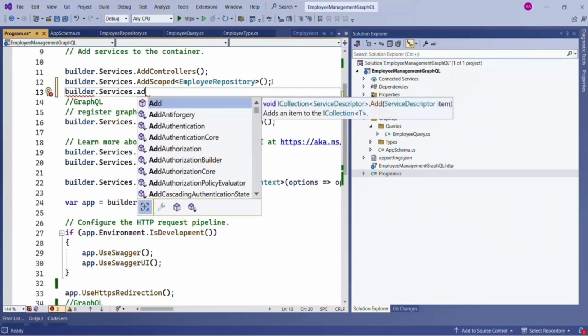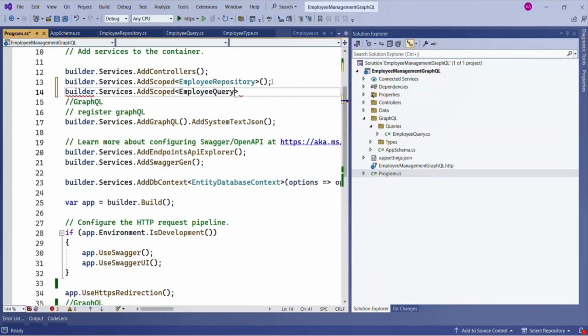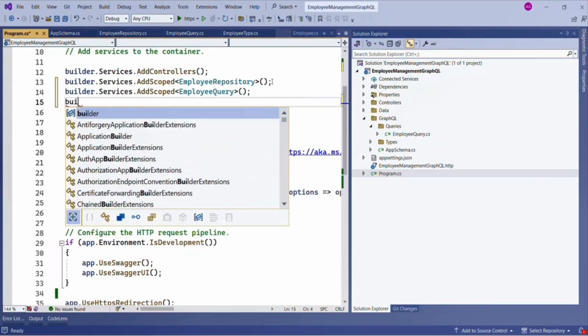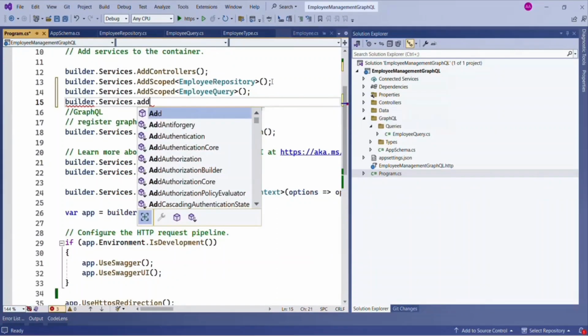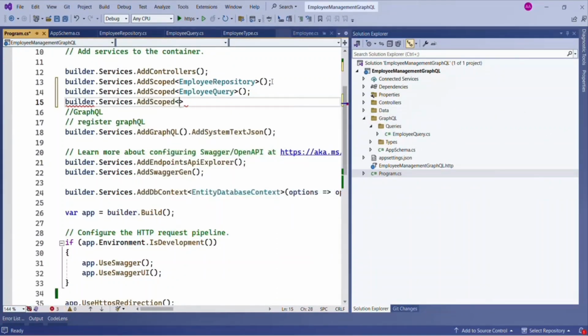So adding a scope for it, and that's it. And also adding a scope for app schema. That's it. Now run your project again